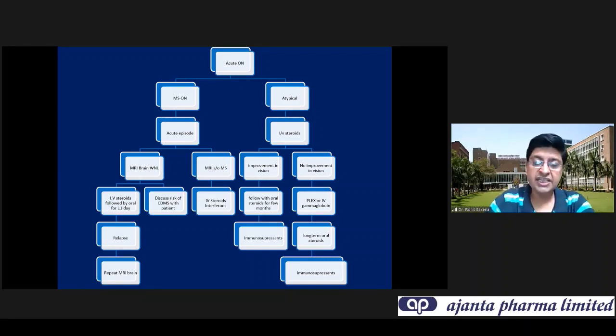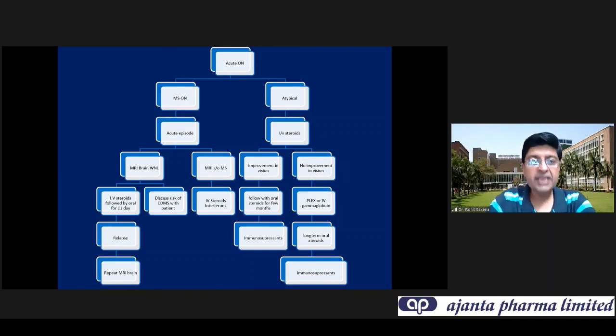At baseline, you need to get a chest x-ray and check electrolytes, because though rarely, we have seen some of the patients given IV methylprednisolone later on go on to develop tuberculosis. So you must rule out tuberculosis in patients. You must rule out baseline electrolyte imbalances. You must rule out cardiac arrhythmias, because IV methylprednisolone, if unmonitored, has been known to even cause death. So it's very, very important that we do not take this treatment lightly. Although we have become aggressive in our intervention, no aggression is acceptable without taking due precaution.